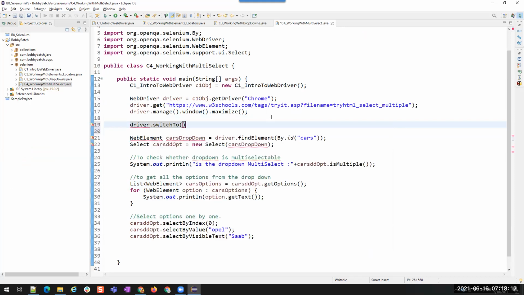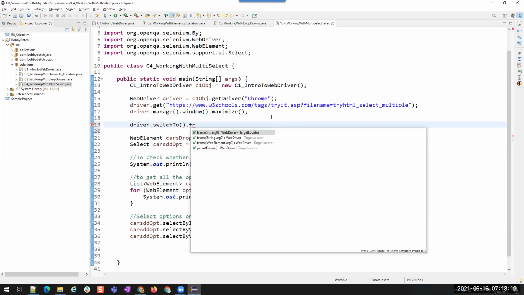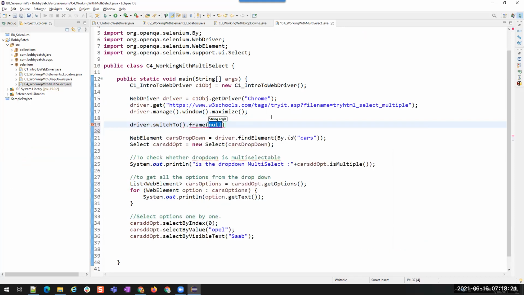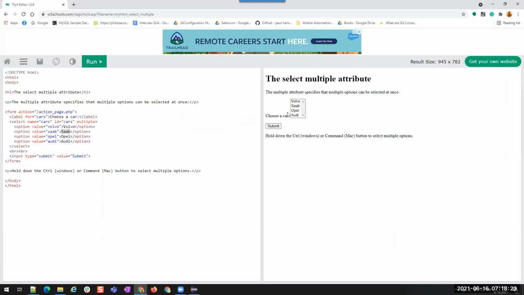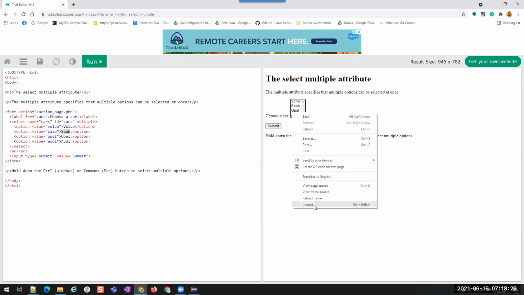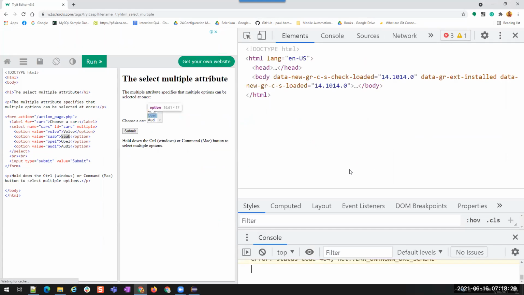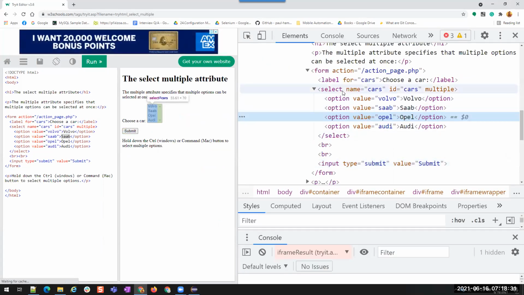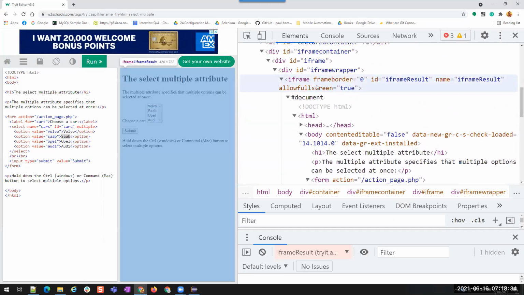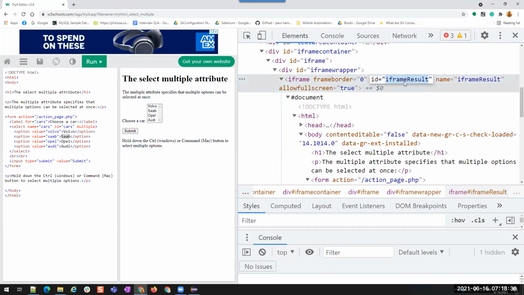Driver dot switch to dot frame. So let me see the properties of that frame. Yeah, iframe. We have an ID iframe result.